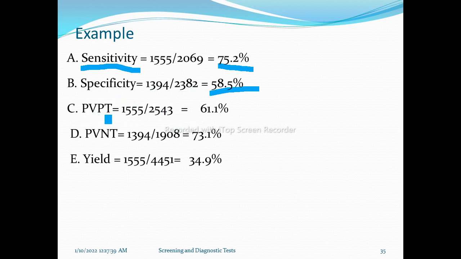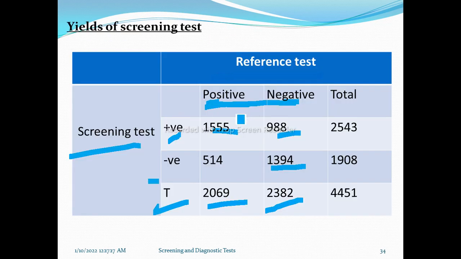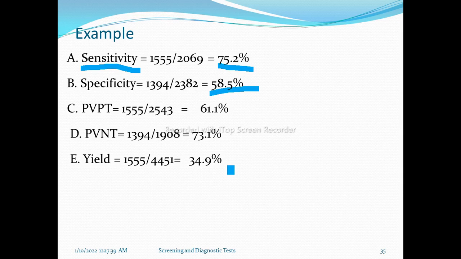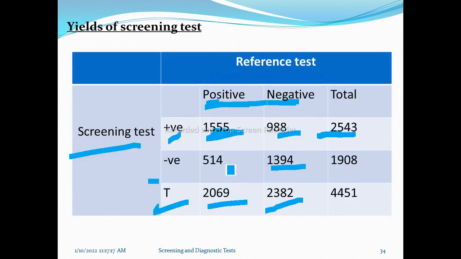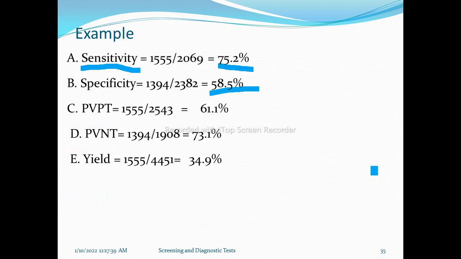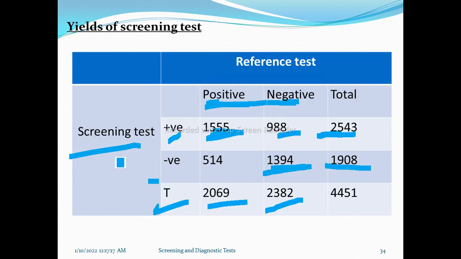So positive predictive value is this one divided by this one times 100, and negative predictive value is this one divided by this one. So final yield means this is yield, so